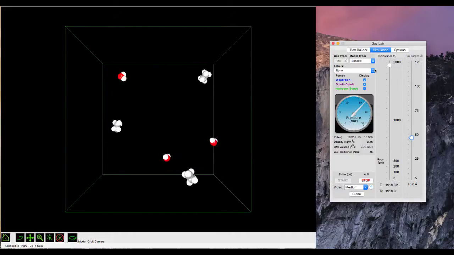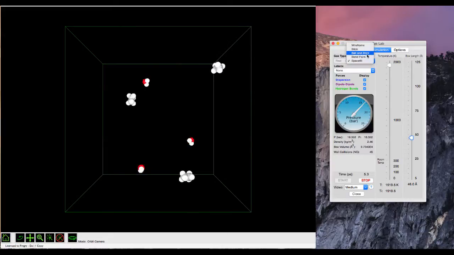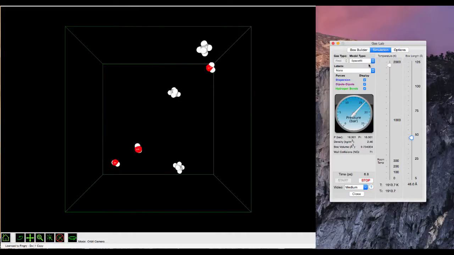It really allows kids to play around, and they can alter a bunch of different things. At the same time, what they're starting to learn is that molecules are not these static things that we draw on the board with lines, O's, and H's, but that they're these moving, wiggling things that interact with each other.